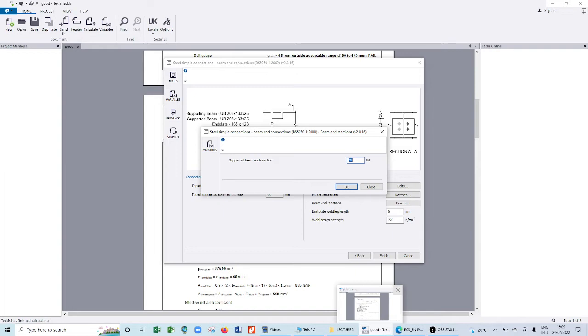Because if you look at your project, when we are designing, there is the beam end reaction. So when you click on beam end reaction, it's going to show you the supported beam end reaction. So it wants you to specify what? The load, the force at that point. So if you have to describe this,